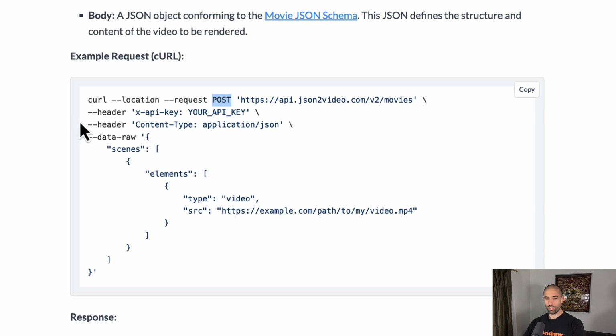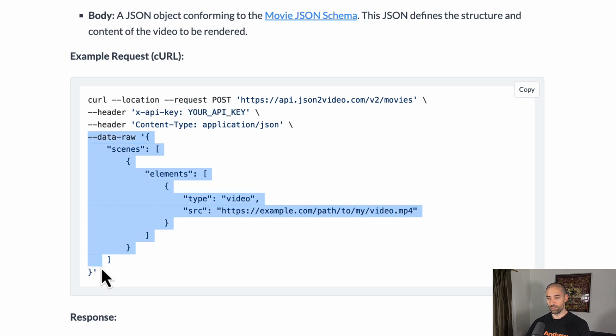And there's other features where you can provide headers, which are ways of specifying different things depending on what you're trying to do. That's very vague, but for example, you can pass a header that contains a password or some sort of auth token. And that's what we're going to be doing here. That's going to allow us to authenticate with the JSON2Video API from n8n. And you can send data, right? So excuse me if I'm being a bit pedantic, but for those who are brand new to this,